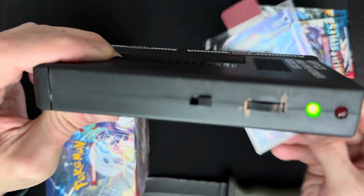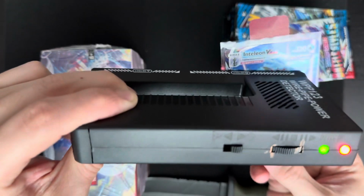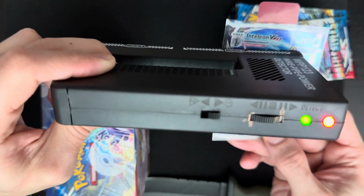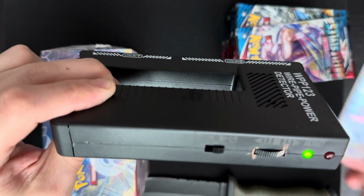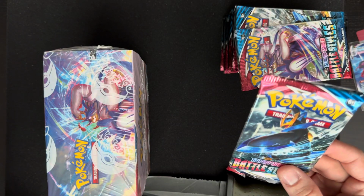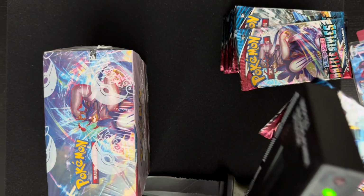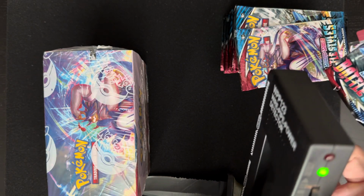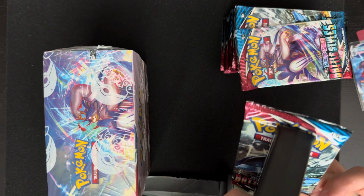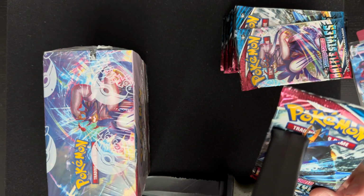But we did test and we saw that if we went high enough, we could actually get the individual hits to respond. This is why I calibrated it to that high of a degree, because we were looking for hits. But it turns out that that is not the proper methodology when dealing with sealed booster packs. Inexplicably, if we're at that height, sure, every pack will go off because every pack's aluminum foil will set off the sensor. But if we started from a lower point and calibrated up to the point where suddenly the pack was just making noise at all,